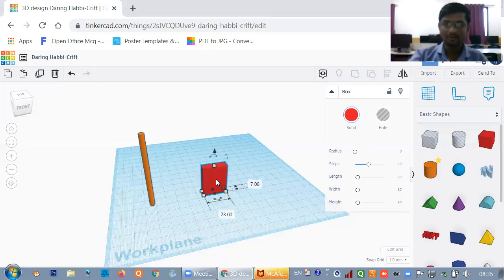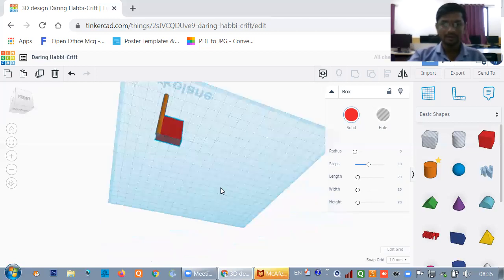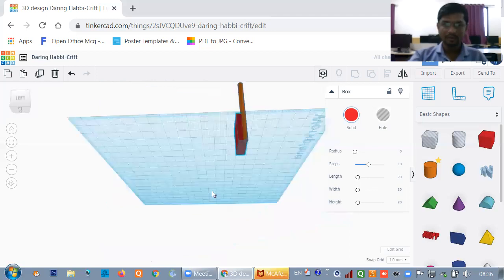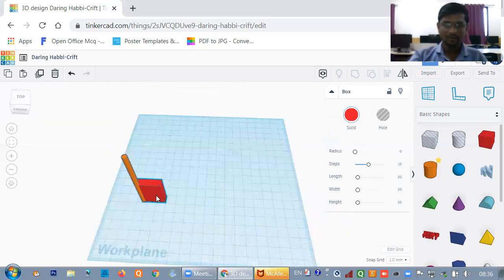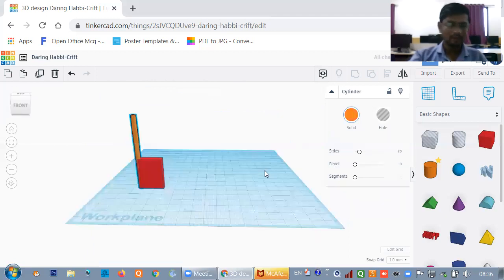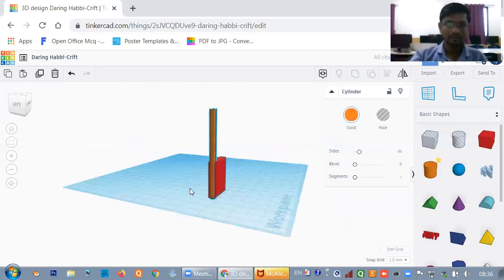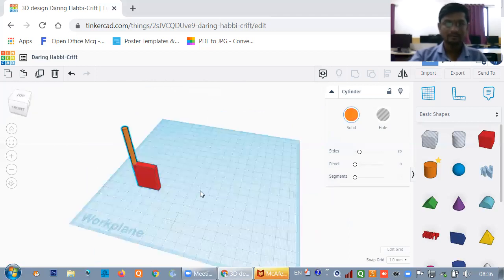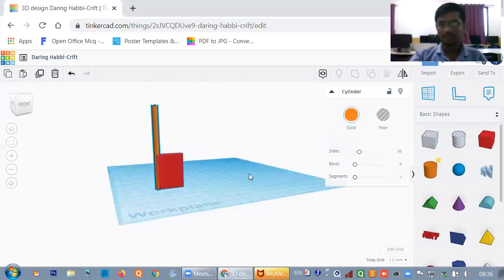Now you have to set it here like a key, and bring that shape closer to this, like this. Next, you have to make the hole in this box. Again you take a box as a hole.